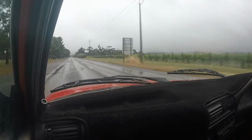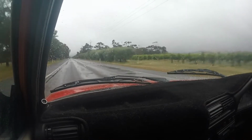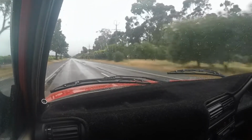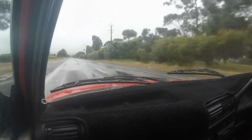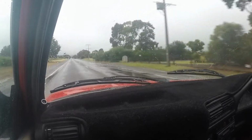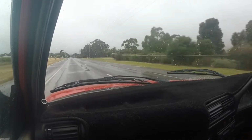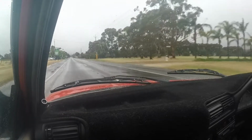So what I'll try to do anyway today is get a little bit of footage of not only the driving but the remainder of the event, which I wasn't able to do last year because being in a dedicated race car I was stuck up the top of the hill away from everything. But today, road registered car, I'll be able to get a little bit more shots of the atmosphere and so on. But looking at the weather today and the fog up on the hill, it's a question of whether or not we even get started. So yeah, I guess time will tell. So heading up to Willunga now,